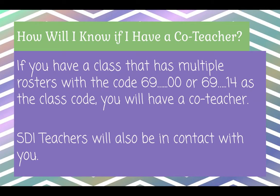How will I know if I have a co-teacher? Well, that's a really good question. If you have a roster that is a 69 plus 4 numbers and a double zero, or a 69 plus 4 numbers and a 14 code, you will know that you will have a co-teacher attached to your roster. That SDI teacher will introduce themselves at the beginning of the semester. That way you know what you will be expected to be working with,